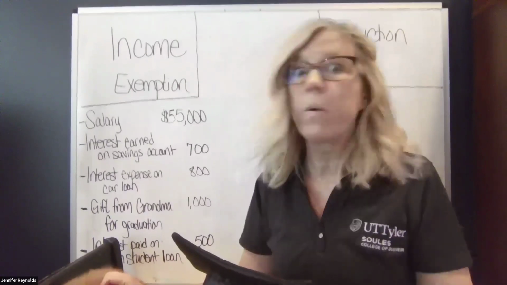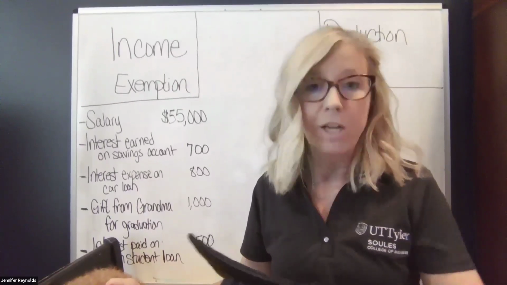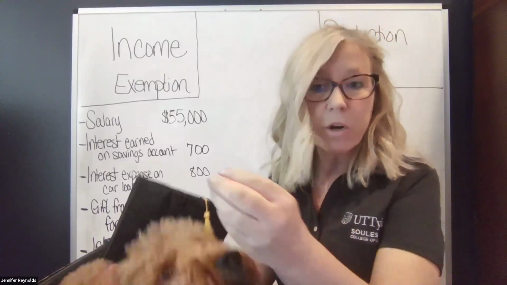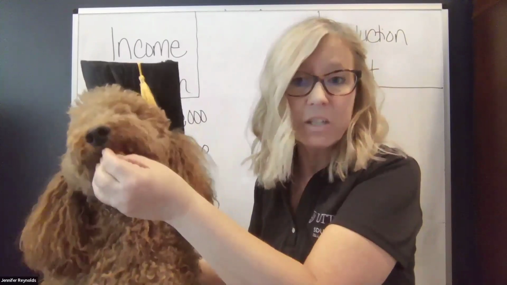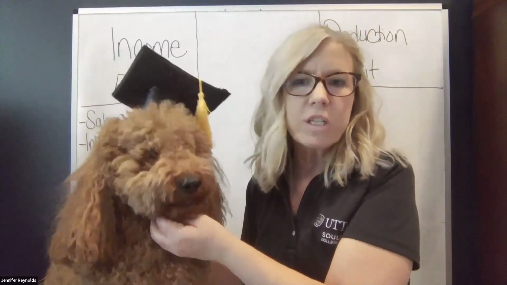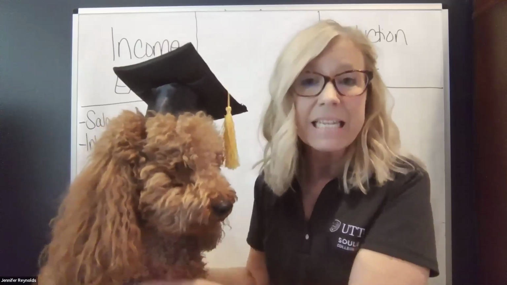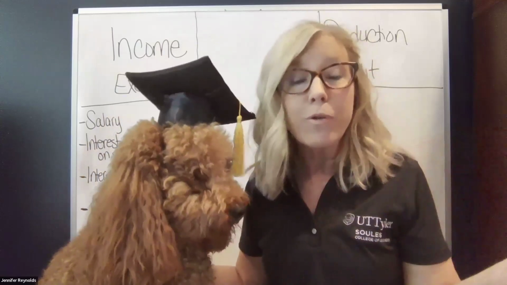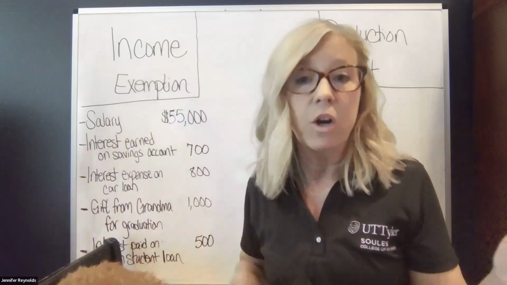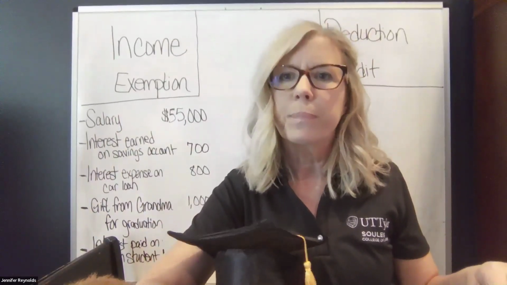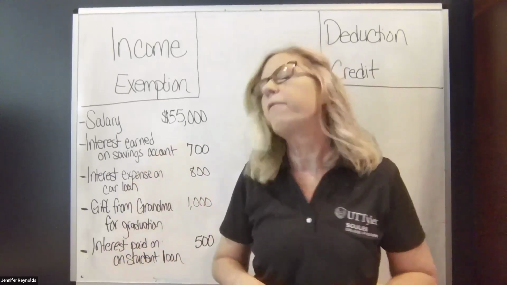What else? He also got a gift from his grandma for graduation, and it was $1,000, and he's wondering if he's going to have to pay federal income taxes on that. So we're going to go through just a few things with Murphy to help him understand some basics of taxes. And it's going to help you guys out through the rest of the semester to get a few of these definitions and terms down. Okay, so I've got some stuff on the board behind me.